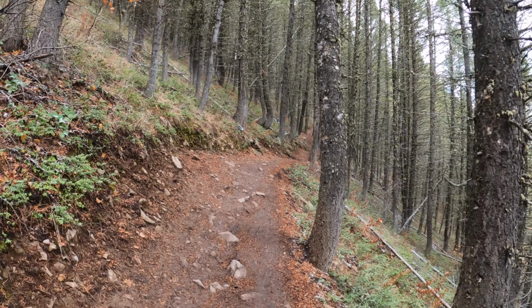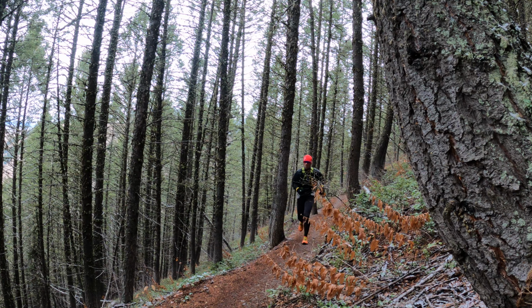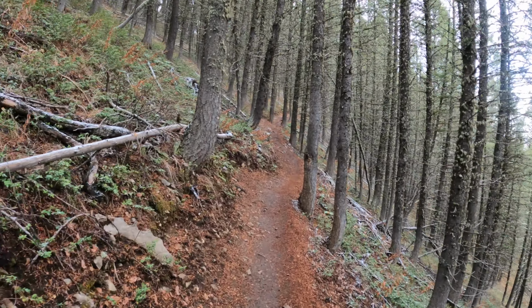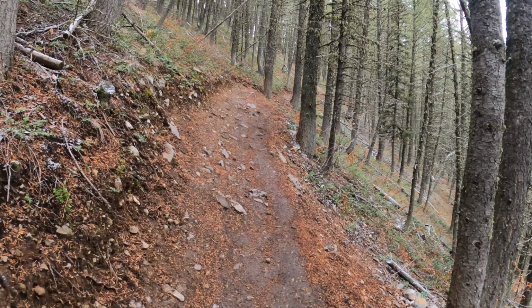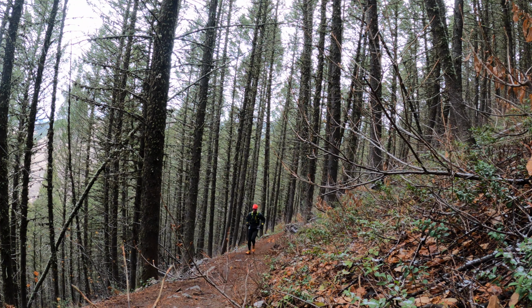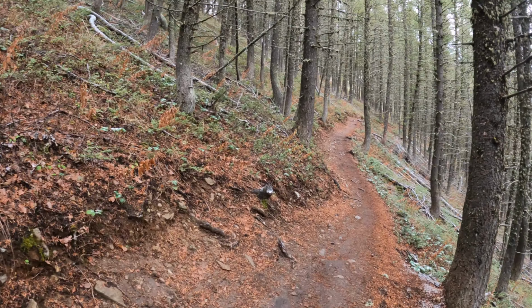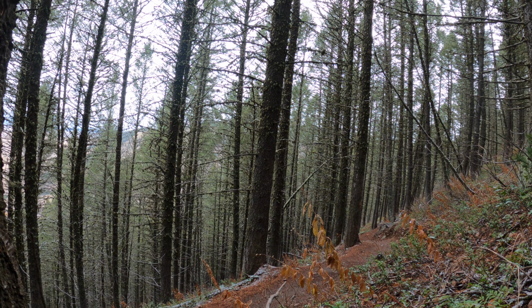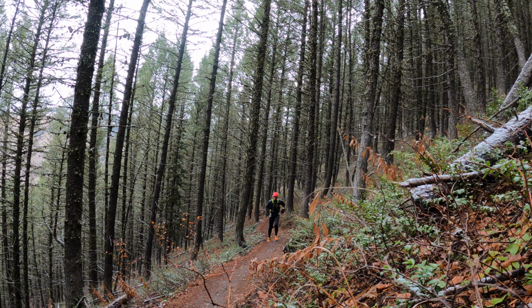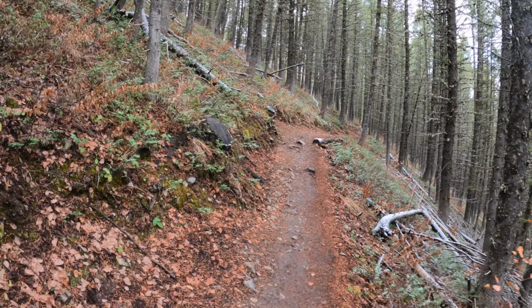Okay, here we go. So I'm running along. It's relatively mellow right here, so I'm at a nice steady pace, picking it up if I can because it's faster, it's not a lot of climbing, and now I've got this grade that kicks up and I'm going to go into quick backing off, quick cadence based on my level of ability. Now it's over with. Now it mellows out a little bit. I can speed up a little bit, but then it kicks up again. So I'm backing off, focusing on cadence, keeping a good effort, staying patient,